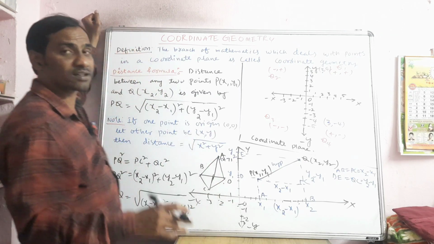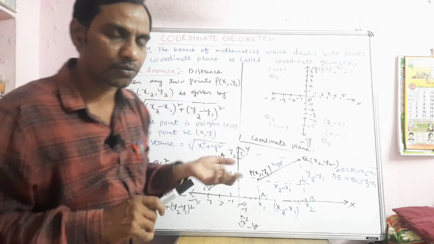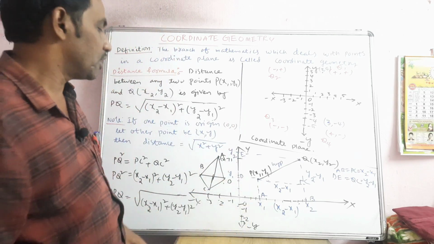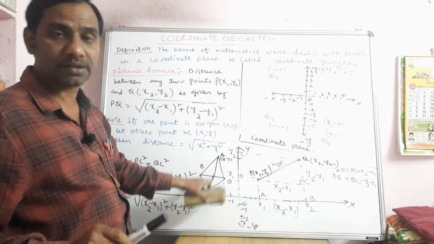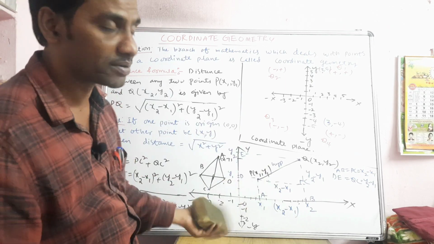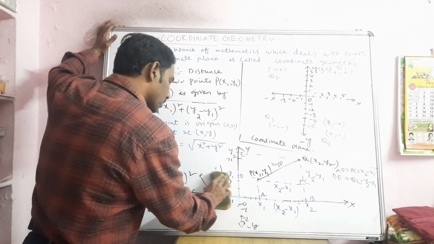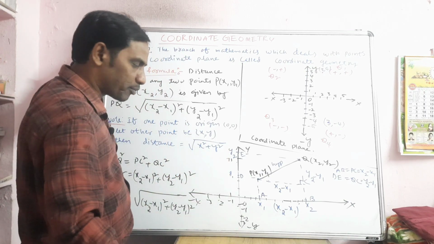So if the diagonals are not equal, then it means that it is not a square, and we can consider based on the other distances. For example, if the other four sides are equal but the diagonals are not equal, then it is nothing but a rhombus. So in this, for example, if three points are given randomly and they form a triangle,